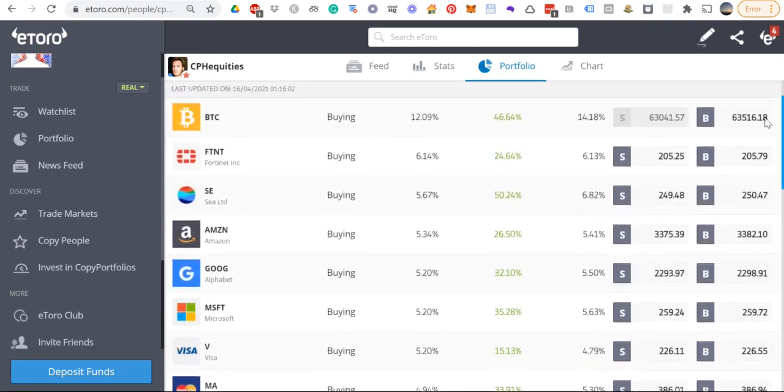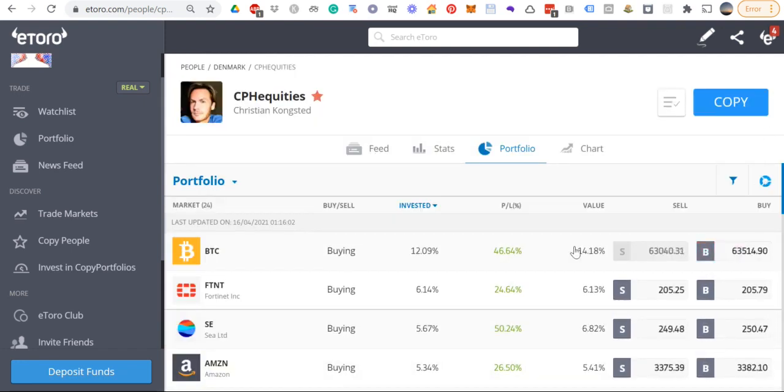So yeah, again, he's got 12% in Bitcoin. For me, it's a little bit risky. Obviously, it's done well. So this is his biggest. In the invested column, this is how much the portfolio is invested in each particular asset or position. Fortinet, I think that's, I'm not sure. I think that might be cryptos. I'm not sure, but